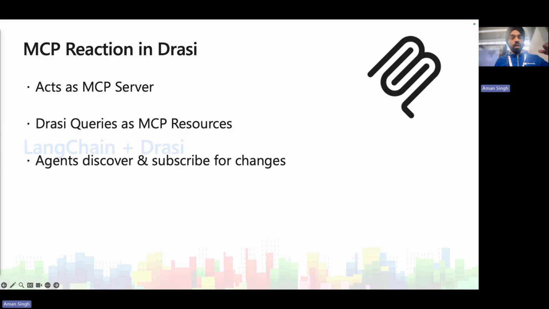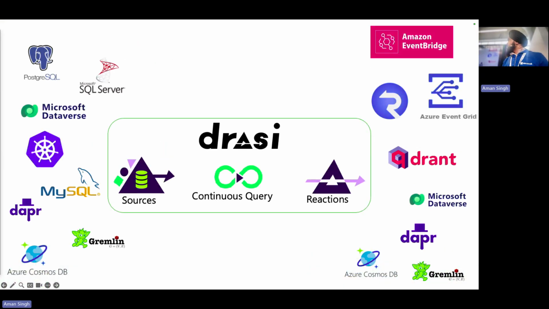So if we look at this diagram here, right? Drasi sources are connected to existing systems, bridging the gap to external systems. Now, in this particular case, the Drasi reaction is effectively an MCP server. So you could even have, let's say, your Claude running on your desktop connect to this MCP server. Now, in the LangChain example, or in the game example, what's happening is the LangGraph workflow